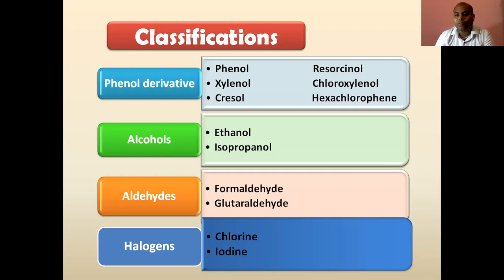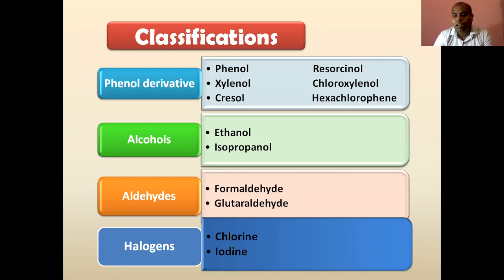And the next classification is aldehydes. Under aldehydes, there are formaldehyde and glutaraldehyde. Formaldehyde contains one carbon, whereas glutaraldehyde contains five carbons. That is, the aldehyde comes from glutaric acid. You have learned about dicarboxylic acids under the IUPAC nomenclature. From this, you must remember the rule where the G stands for glutaric acid, a 5-carbon dicarboxylic acid. When the carboxylic groups are replaced by aldehyde groups, it becomes glutaraldehyde.